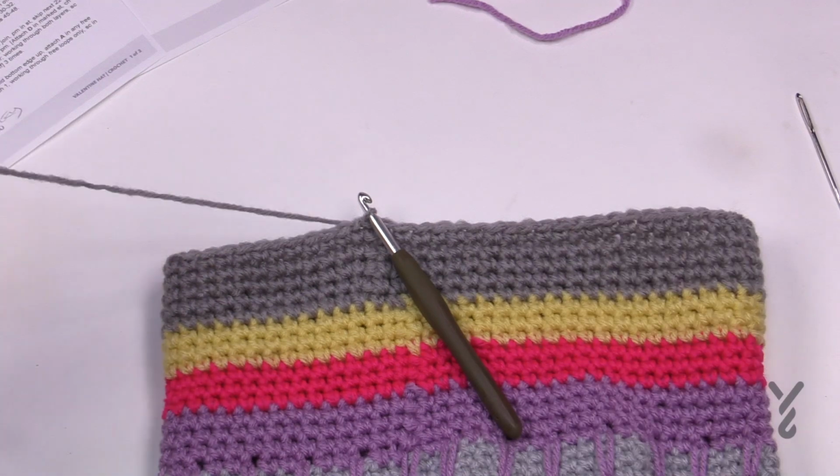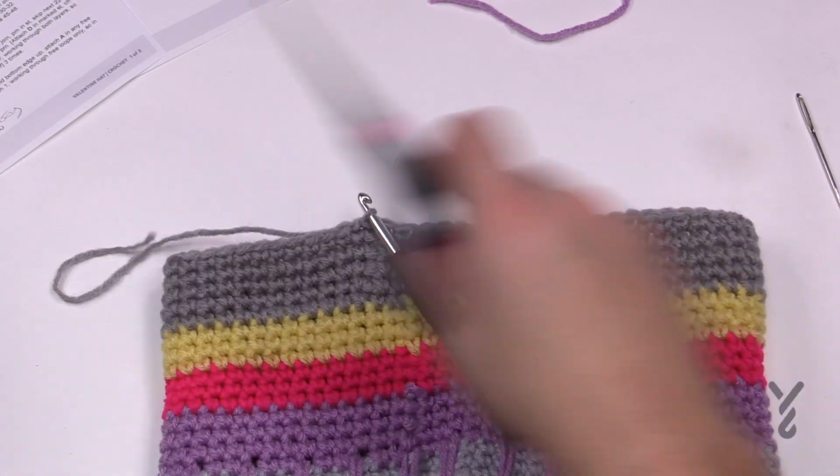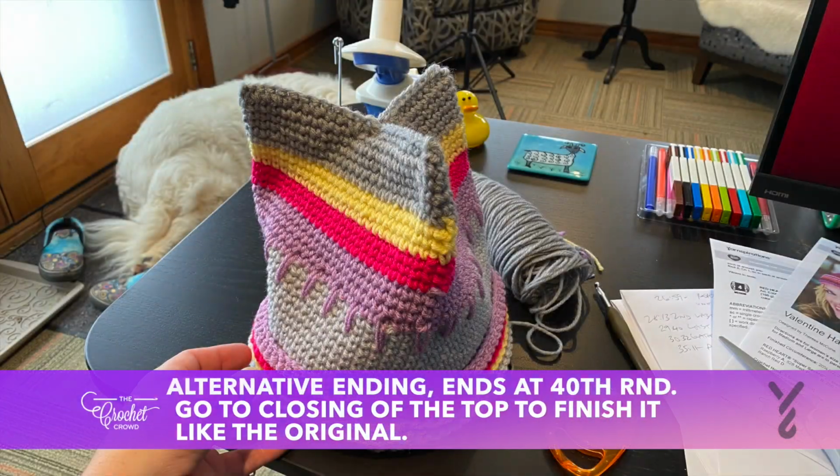A tree landed on the power cords, or power lines outside. So now